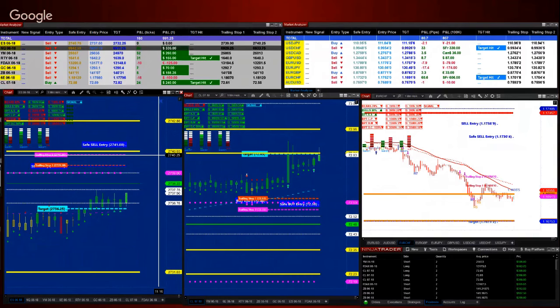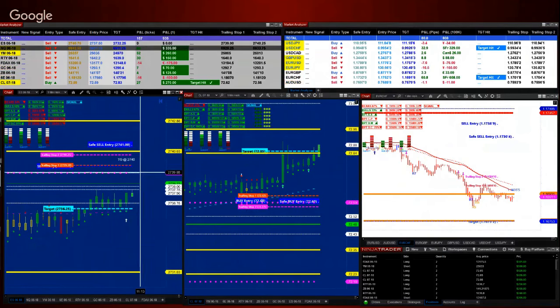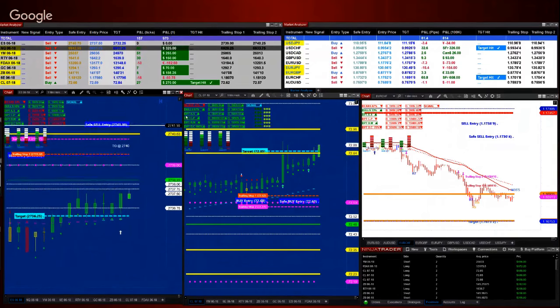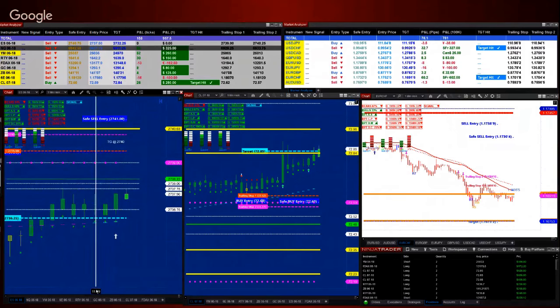So if you're asking me where I need to go long, I'll tell you when I start looking at the long side. Anything above the 41, I start looking. That means around 3-4 points from now. Anything I want to go long, it has to be above the 41 level. And watch this ES, folks.